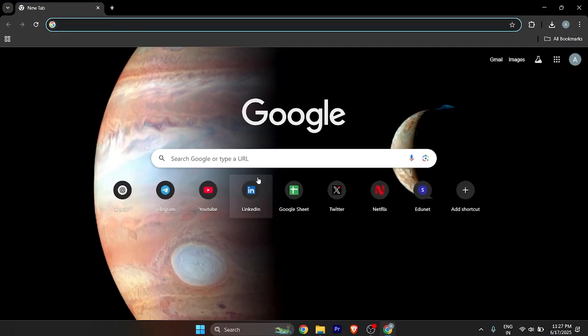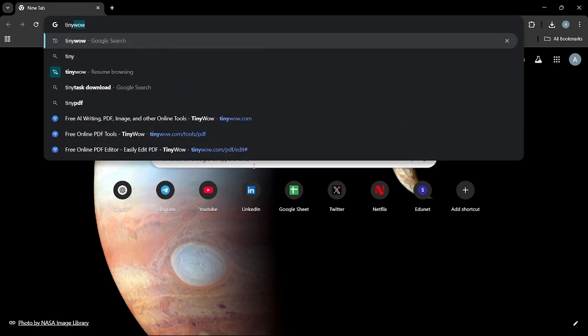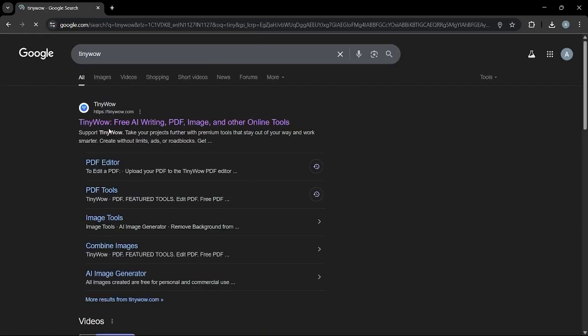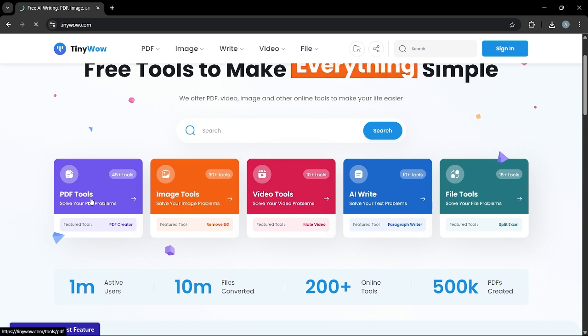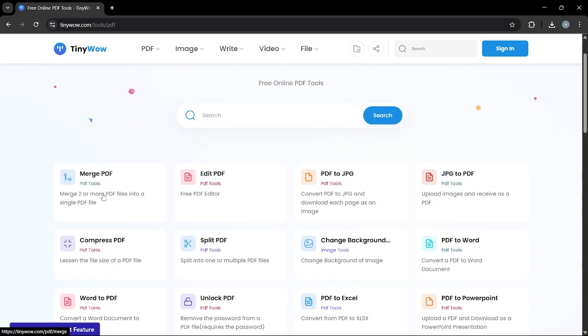Just simply open any browser over any platform and hit tiny wow in the search bar. Once you do that, a website will appear right in front of you. Just simply open the first website. Once it gets loaded, go to the option which says PDF tools. Once you click on the option, another list will appear which says edit PDF. Just simply tap over it, and now wait for it to get